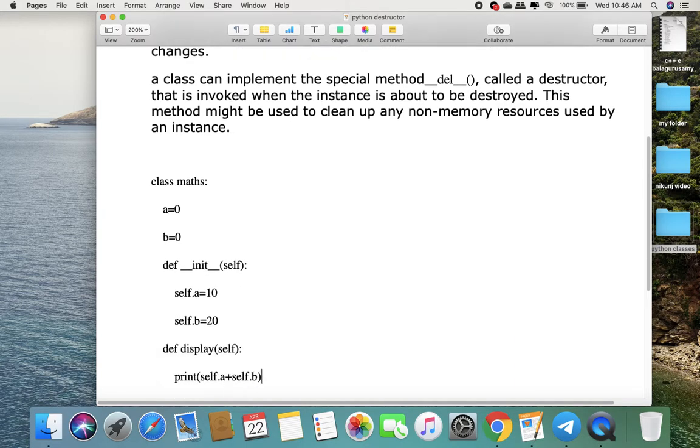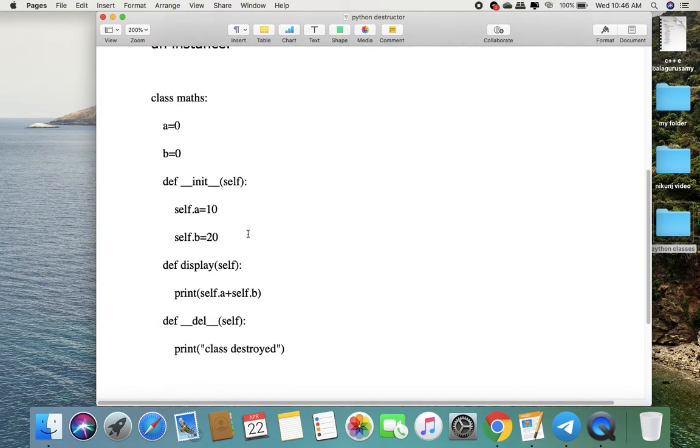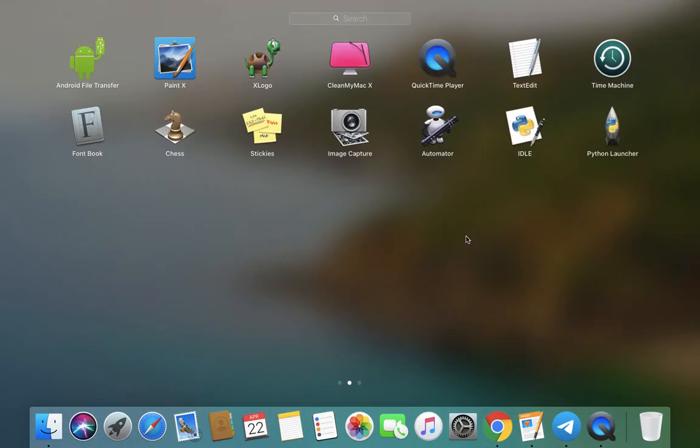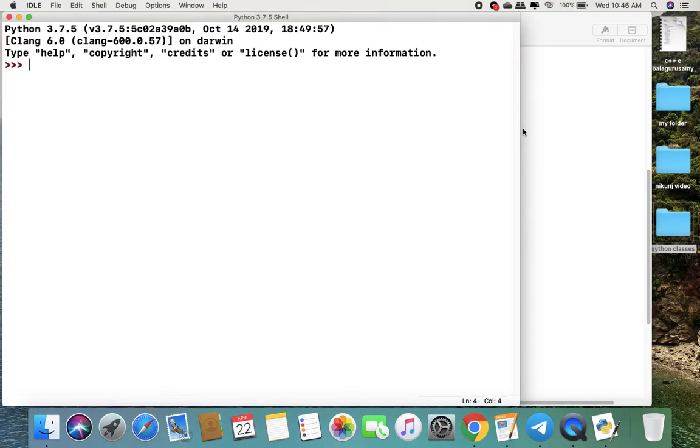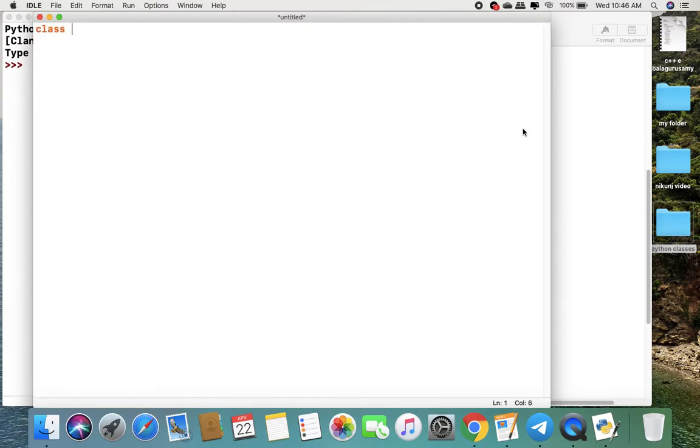Here is an example which is used to create a constructor, destructor and function. First we write the program, then we will understand. I write the program: class Maths, with two variables. Now I am designing the constructor, which has one default argument, self.